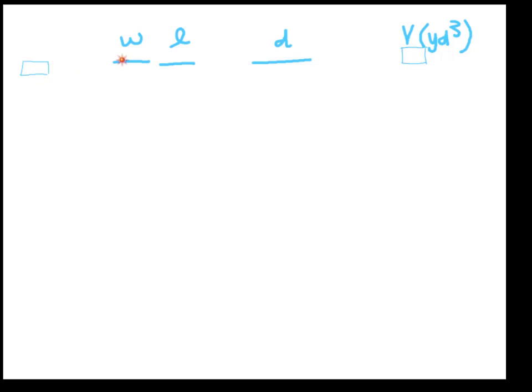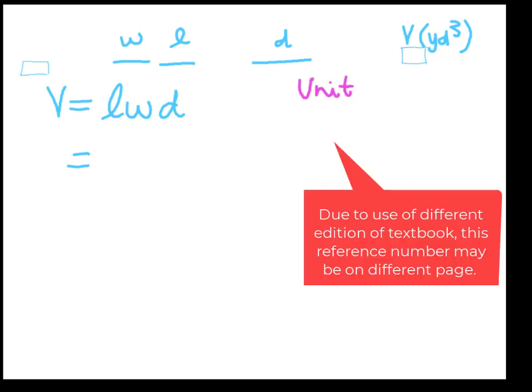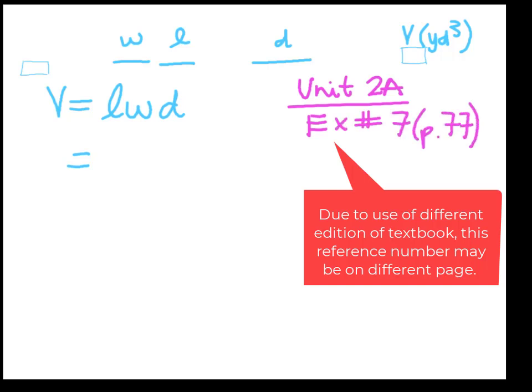needed. We know that the new sidewalk will be 6 feet wide, so this can be designated as a width. 275 feet long, this can be designated as a length, and filled to a depth of 3 inches. We want to solve for the volume, and for the volume, you can multiply length times width times depth. And for reference, this is part of Unit 2A. Example number 7 on page 77 is a very similar problem that you can follow along with and practice with